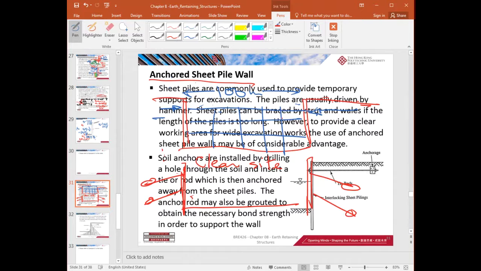But for the above, you have loss of working space here because of the multi-layers of the structuring, right? So compare the two. Anchor sheet pile wall will give you a better working space in the excavation site. Of course, one disadvantage is that you have to install this anchor, this tieback,